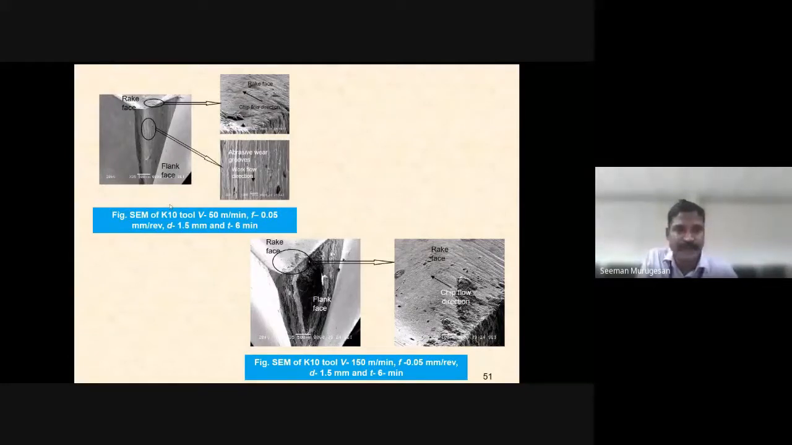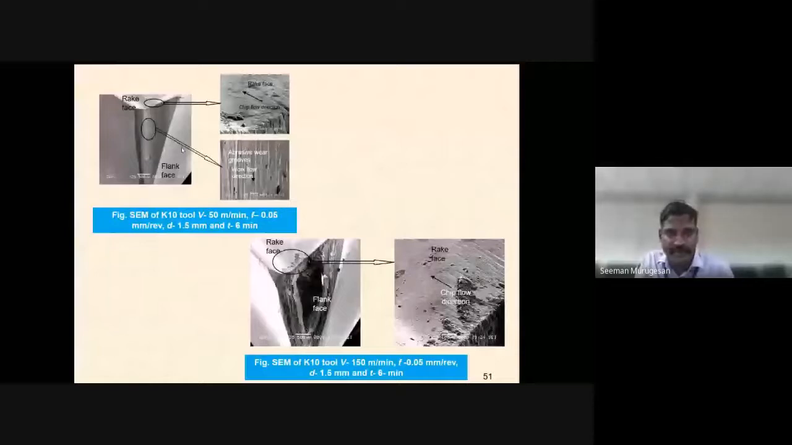This is the lower cutting combination, and this is the higher cutting combination. You see that at the lower cutting combination, the flank wear will be purely abrasive in nature. Okay, so the silicon carbide particulate acts like a grinding wheel, which is pure abrasion. At the higher cutting combination, 150 meter per minute,